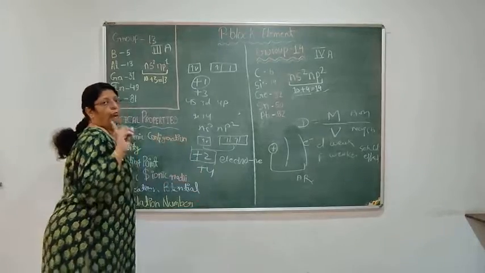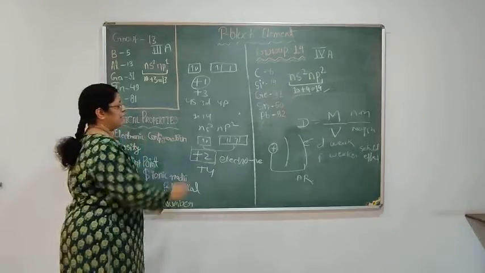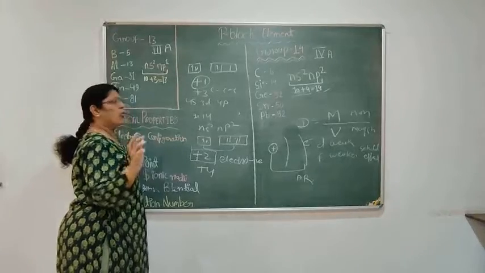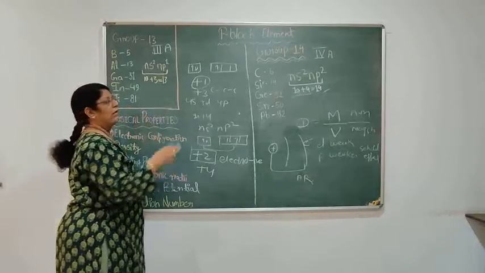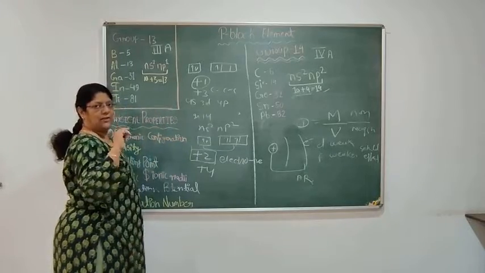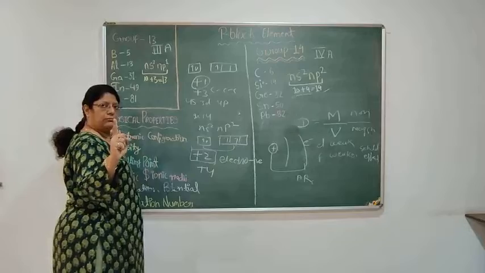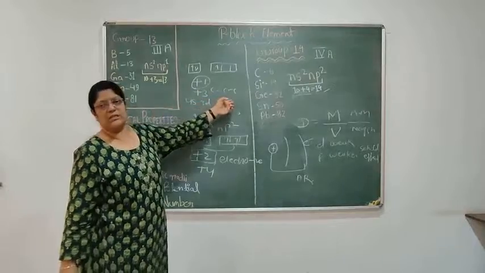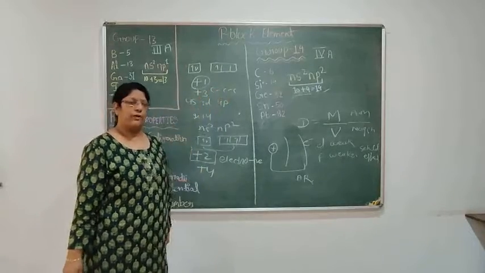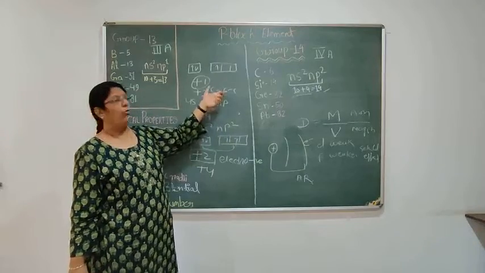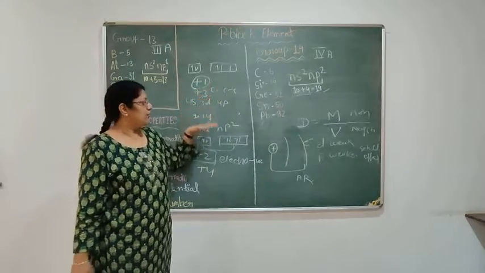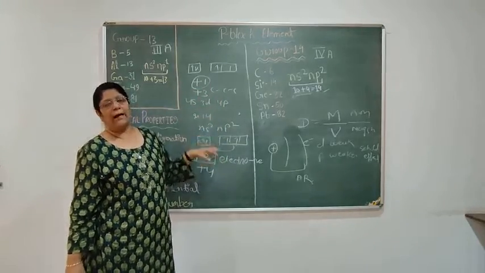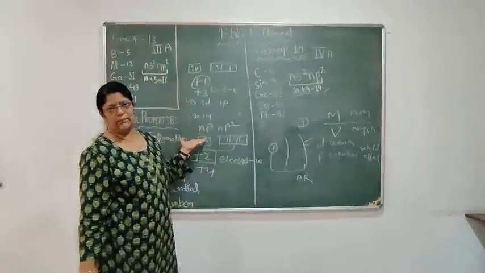When many atoms of the same element, like many carbons, combine with each other through covalent bonds and form the longest chains, that property is considered the catenation property. This property is found maximum in the whole periodic table in carbon. As we move down the group, the catenation property decreases because bond enthalpy decreases. In both groups, the same thing will happen.